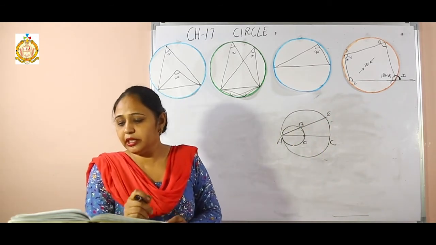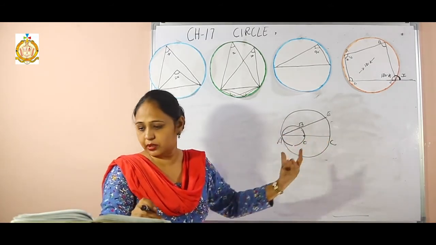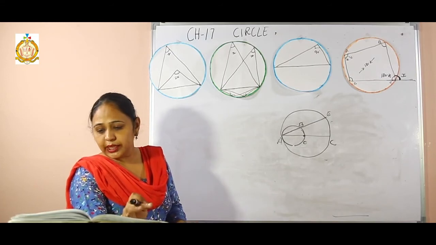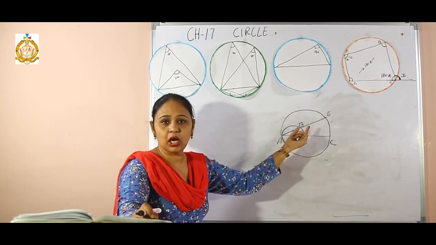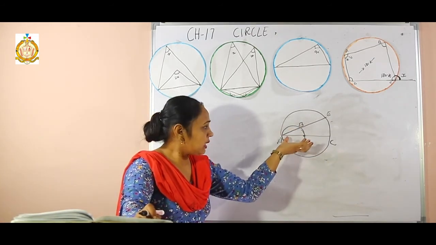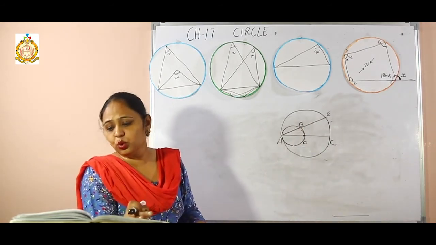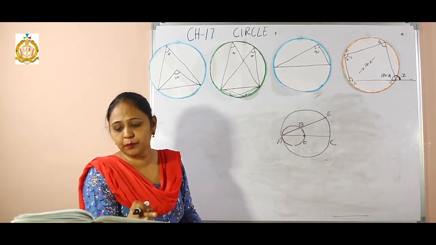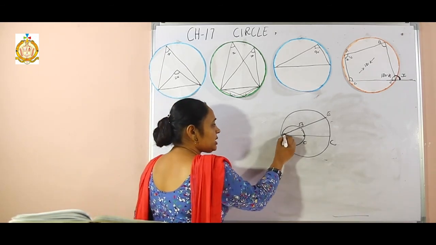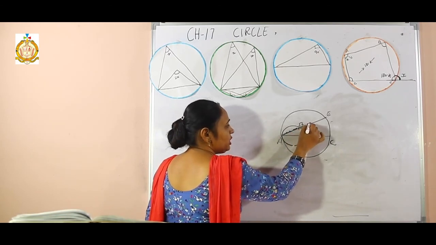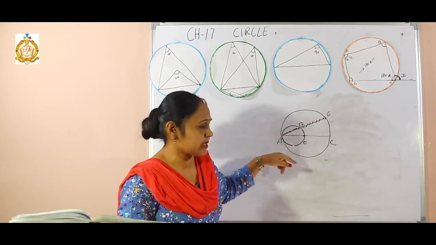In the given figure, AC is the diameter. This is AC, the diameter of the outer circle. Then, a circle whose center is O is described on AO. That means the radius of the outer circle becomes the diameter of the inner circle. Then, AE, a chord of the larger circle, intersects the smaller circle at point B. We have to prove AB equals BE. What do we have to prove? This AB equals this BE. This chord is equally divided by the inner circle. How to prove?